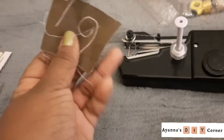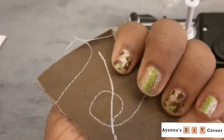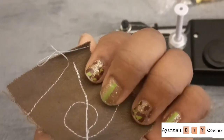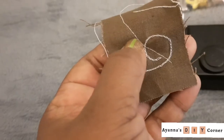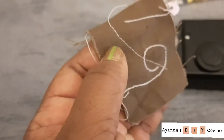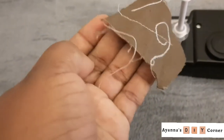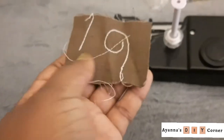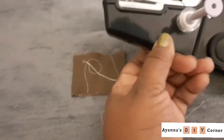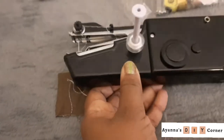With the handheld machine, even though it ran the stitch, and I would admit the stitch is very nicely done, as you can see, you have your overlaps at the back there, which shows that it is giving you a nice connect with every stitch, and you have a nice stitch line going with the handheld machine. So I'll give it a pro in the fact that it does give you some very nice, neat stitch lines, but the fact that you have to leave all this tail at the beginning, and also ensure you have a good length of thread tail at the end to knot your stitch in place, it defeats the whole purpose of having this handheld machine, which is supposed to make it so much easier to hem and mend your clothing,